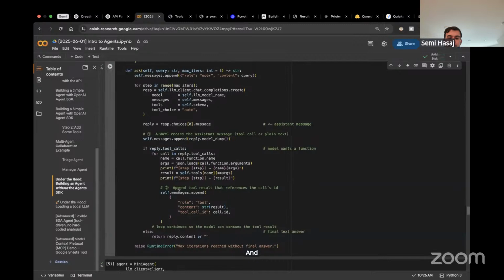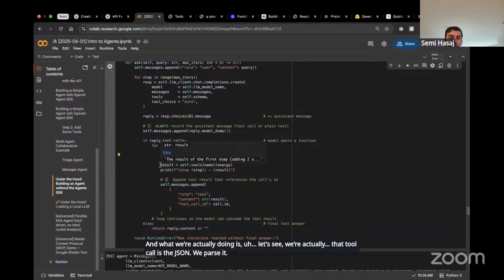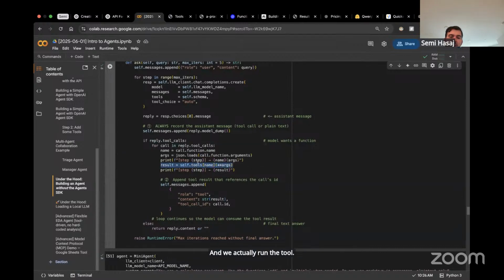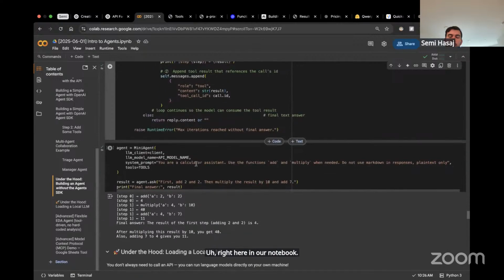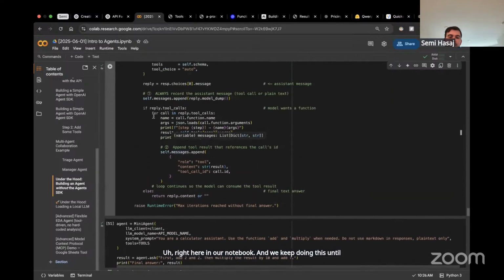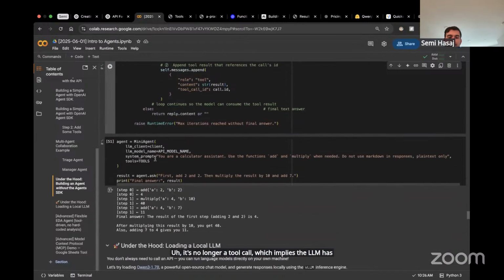That tool call is the JSON. We parse it and we actually run the tool. That might not be clear here, but we're actually running the tool it's deciding to call right here in our notebook. And we keep doing this until eventually it's no longer a tool call, which implies the LLM has decided to respond.